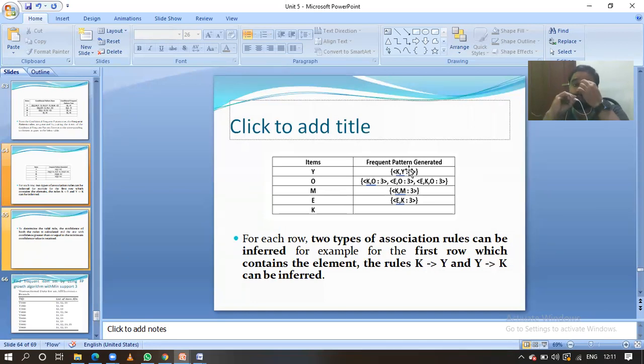Here guys, observe, did we use any candidate set? No. Did we scan the database every time to generate a candidate set? No. Those are the errors in the Apriori algorithm, and they are eliminated here in FP growth. At each step we don't generate a candidate set, and there is no need to scan the whole database. That is why it is faster guys, and moreover it uses less memory also. Here it is just a tree-like structure, but the Apriori one uses an array-like structure.